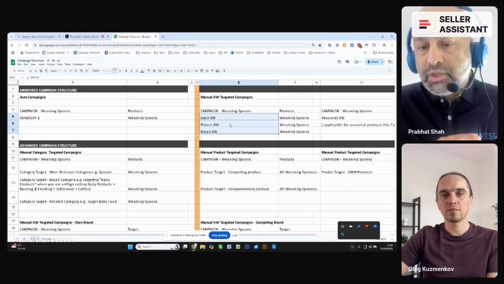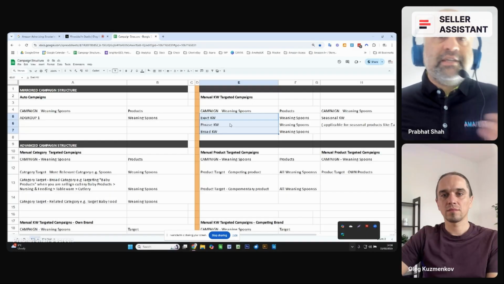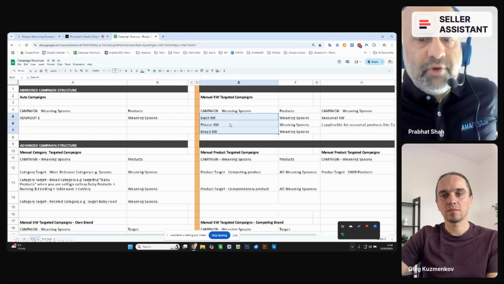So do you want somebody else to appear when they type your brand name in the search? Probably not. When you do these different groups, within that we can actually evaluate what kind of keywords work better. There is a general assumption that exact keywords may be better than the phrase approach, but that's not true. It will be easier to choose one of the structures and stick with it, because then you are streamlining your process. So for instance, if you've got 5 products in the account, if you choose one structure, you can apply that structure to all the 5 campaigns.